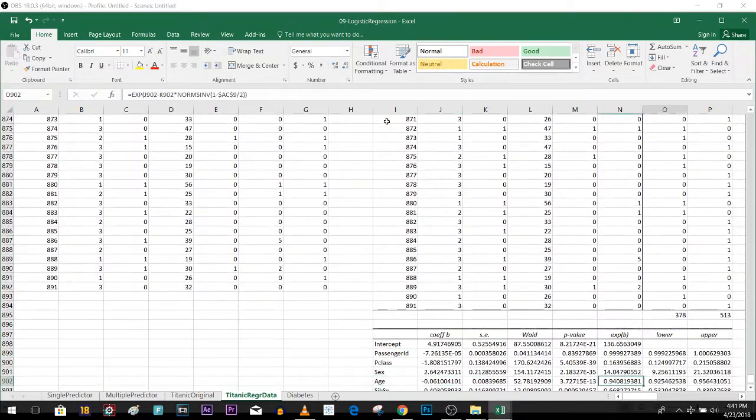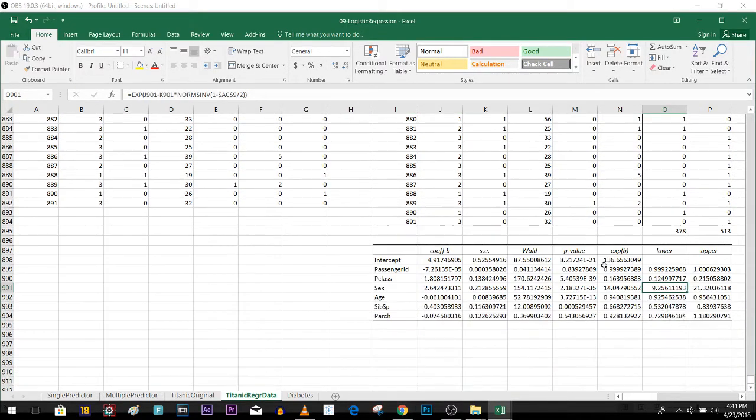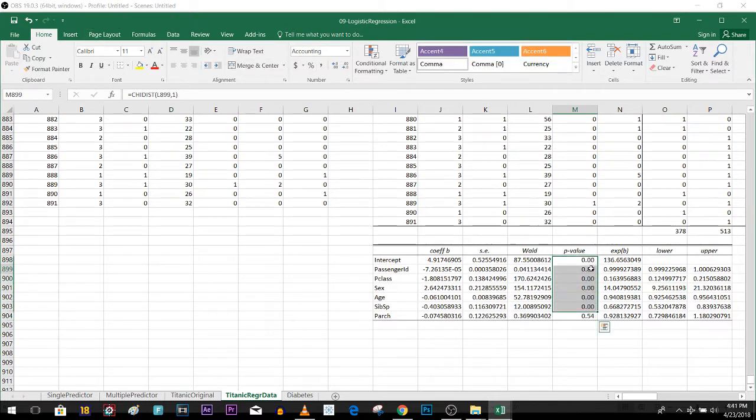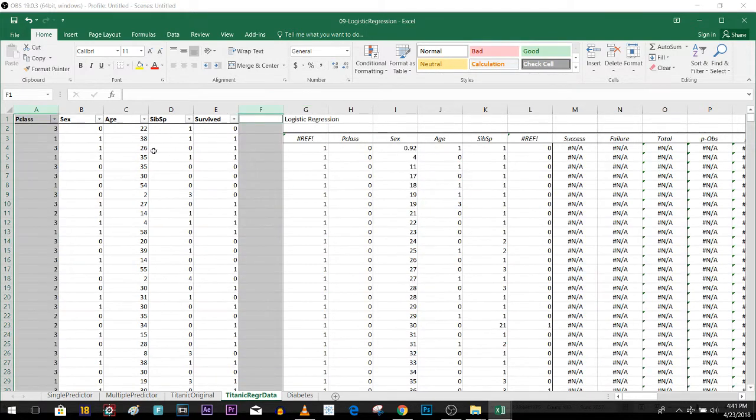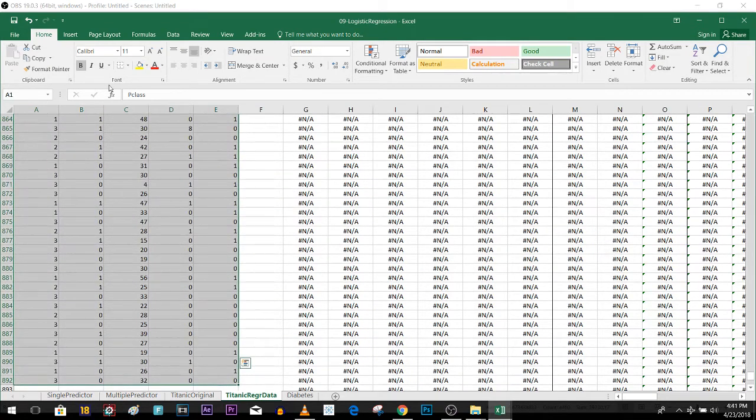Now over here just check your p-value, just reformat it with the comma. There are two values that are greater, just highlight them. Which are the passenger ID and parts, so just go to your main table again. Delete the passenger ID and parts, right click, delete. Now select the table, go down,